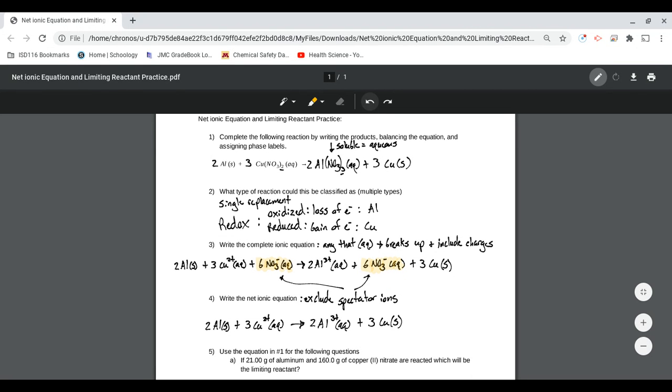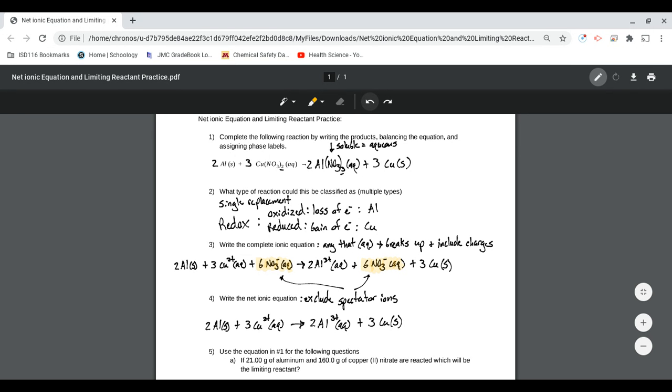We wrote the complete ionic equation, breaking up anything that was aqueous and keeping anything that was solid, liquid, or gas together. And breaking up, again, just means writing it as its component ions, which in that case we needed to know what the charges were, which we already took care of in that first problem when we had to write the products. Then in writing the net ionic equation, we excluded spectator ions, which are found on both